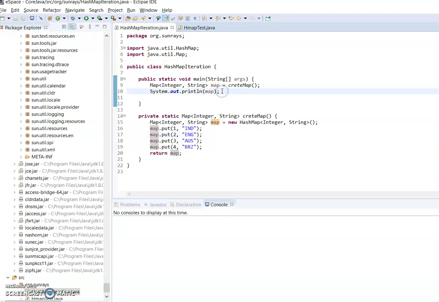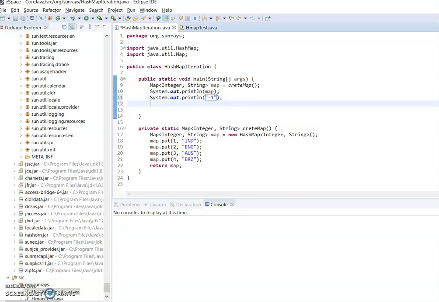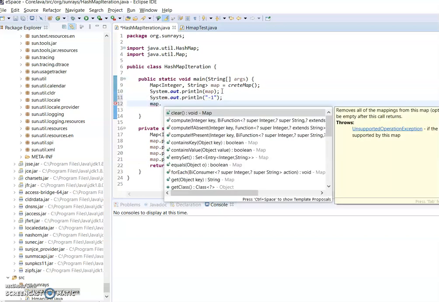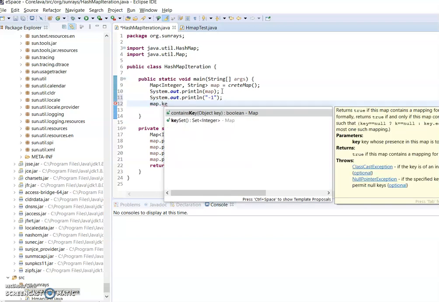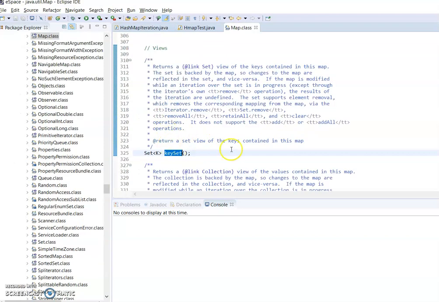Here we'll see various ways and techniques to retrieve the data. First, from the map we can get the keys using keySet.